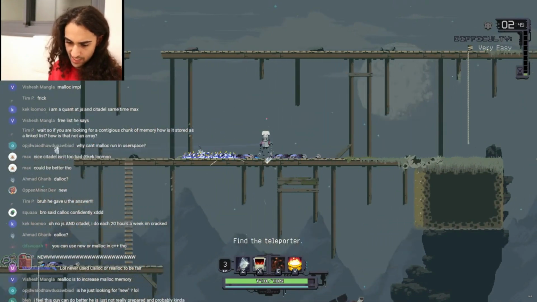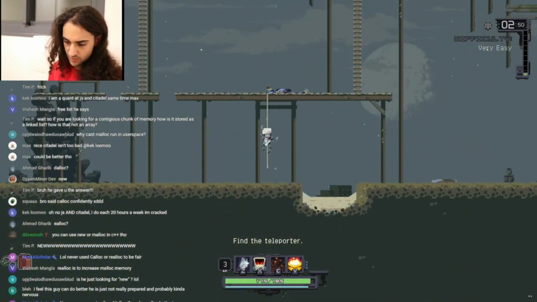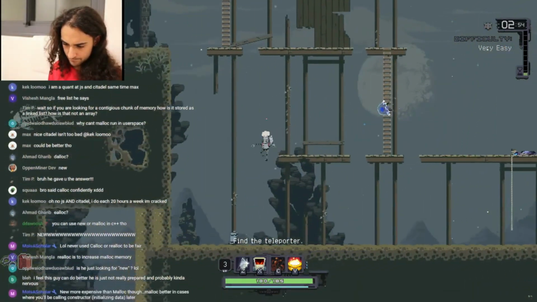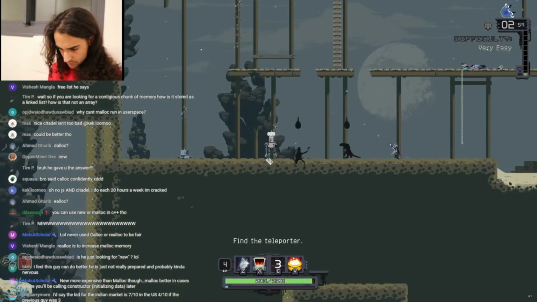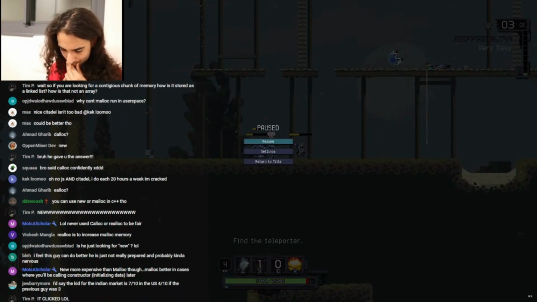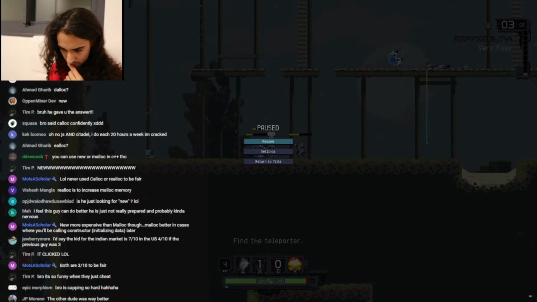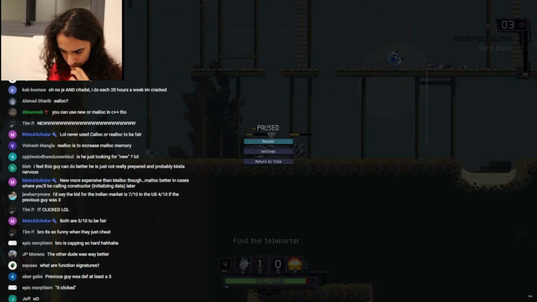You talked about malloc, right? Yep. What's the function signature for malloc? What's the what? Function signature. Okay, I don't know what function signatures are. You've never heard of the term function signature? Nope. Like I might know, but I don't know the exact term. What do you mean by function signature?